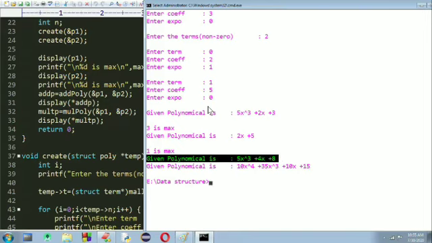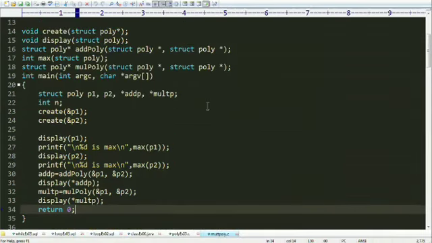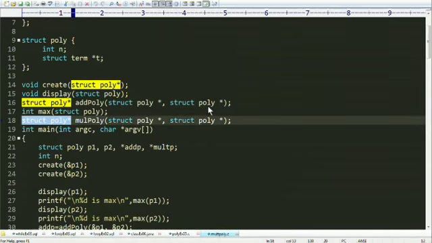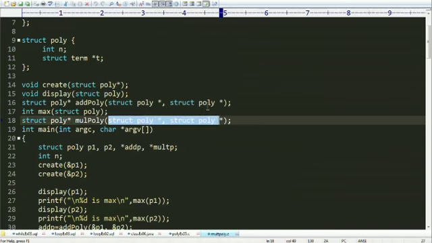I'm continuing this video to show you how I'll do the multiplication. Right now, I'm creating a multipoly function which has a return type of structure poly pointer and having parameters structure poly pointer 1 and pointer 2.